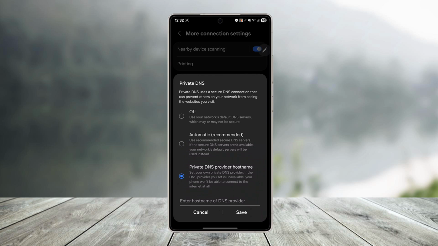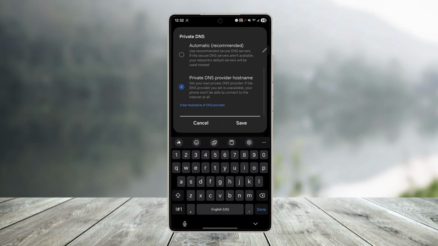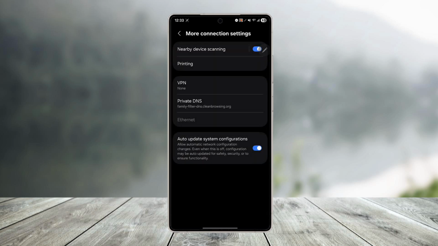Now select a custom DNS and you must simply enter what I enter over here. So type in family-filter-dns.cleanbrowsing.org. So this is exactly what you want to type in on your custom DNS setting as well. Once you've done that, just tap the save option and now try going to that website and see if that helps,